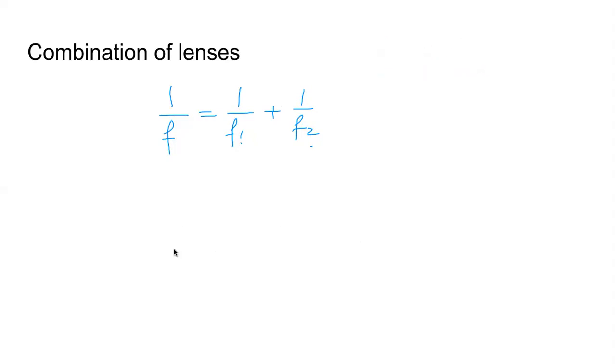Now, the second thing that happens is the combined power is equal to the sum of the individual powers. होगा ही ना? 1 by f1 is p1. हमने define ही तो किया, p equals to 1 by f. 1 by f2 is p2, so p 1 by f.